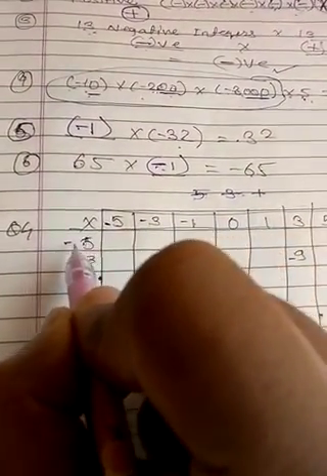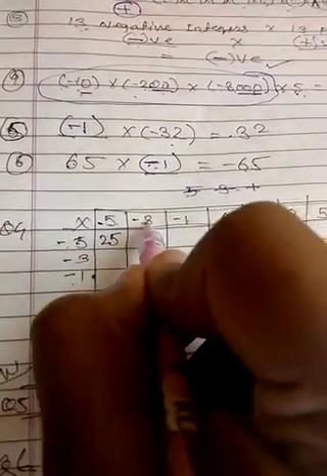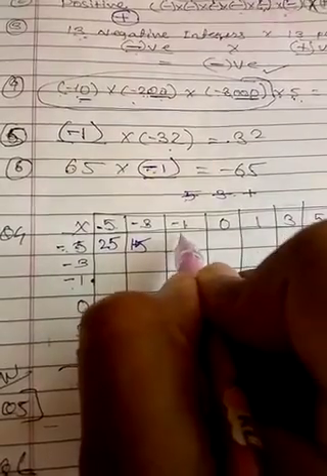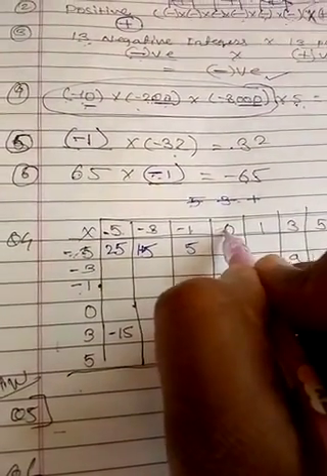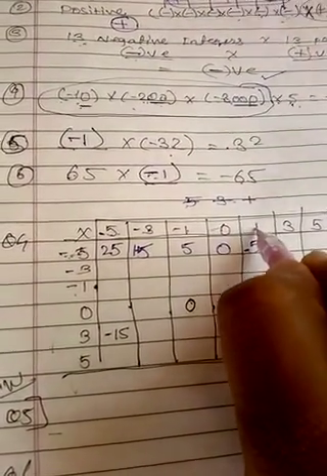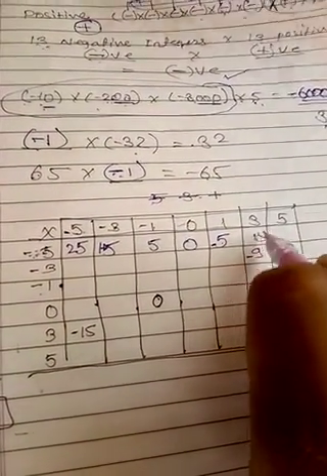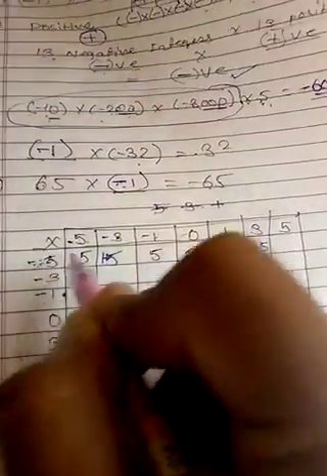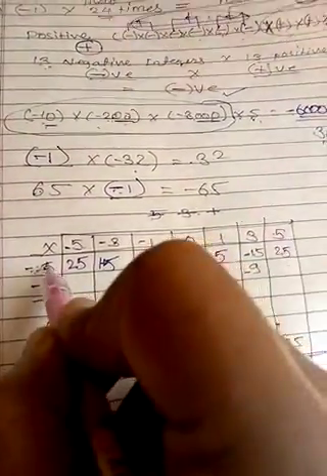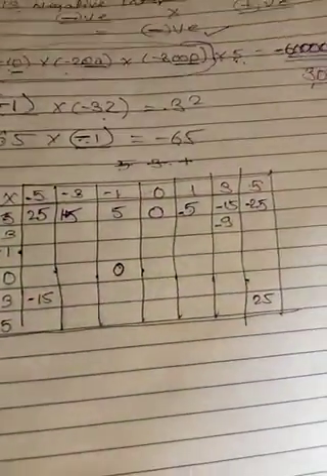Suppose I tell you the first example: negative 5 multiplied by negative 5 is positive 25. So here I will write the answer. Negative 5 multiplied by negative 3 is 15, okay, 5 threes are 15, negative negative positive. So 5 ones are 5. Negative 5 multiplied by 0 is 0. Negative 5 multiplied by 1 is negative 5, because here is positive and here is negative, so the answer will be negative. So negative 5 multiplied by 3, 5 threes are 15, but which 15? Negative 15, because here is positive and here is negative, and 5 fives are 25. Which 25? Here is positive and here is negative, that's why negative.